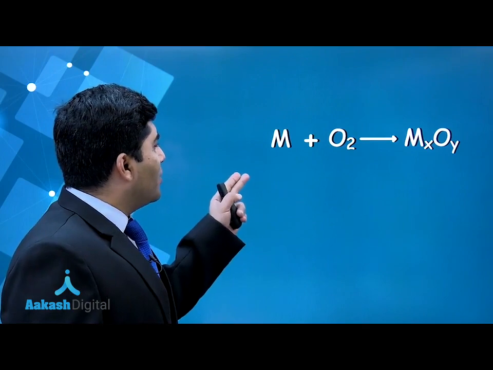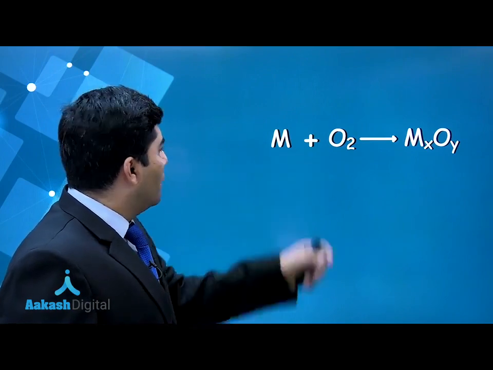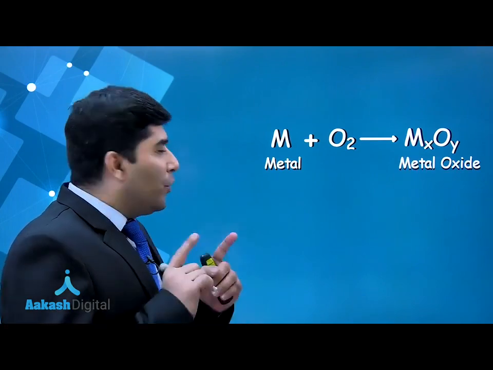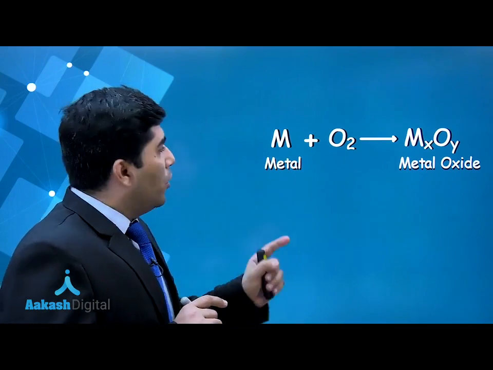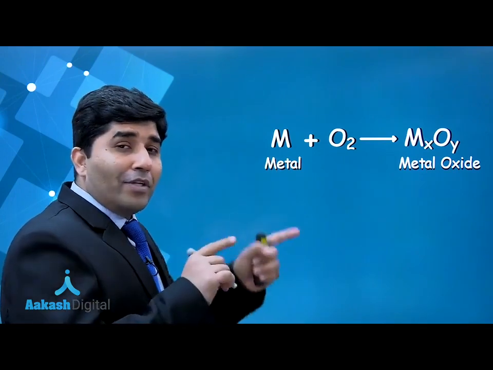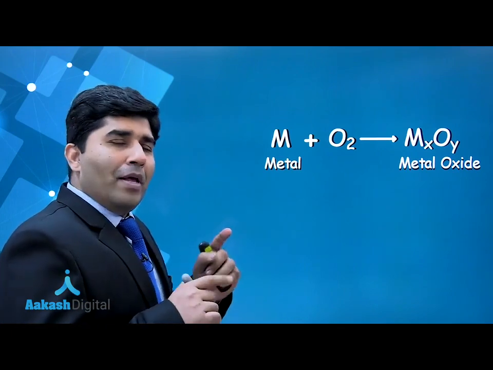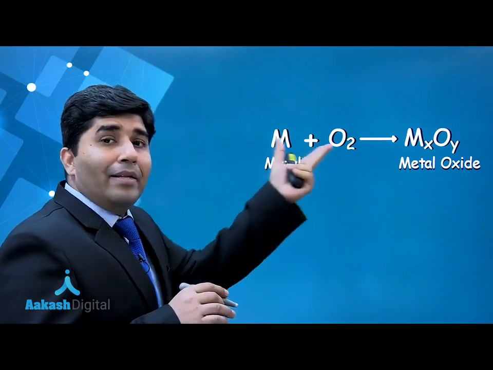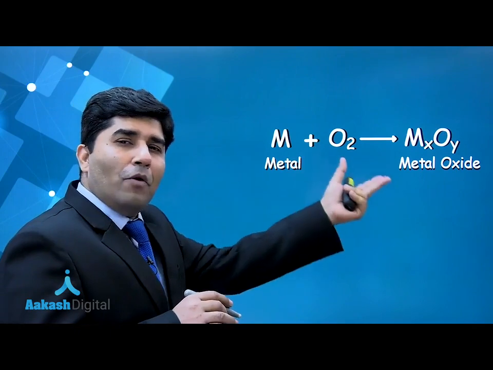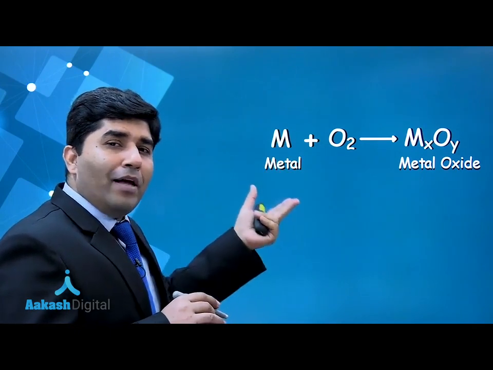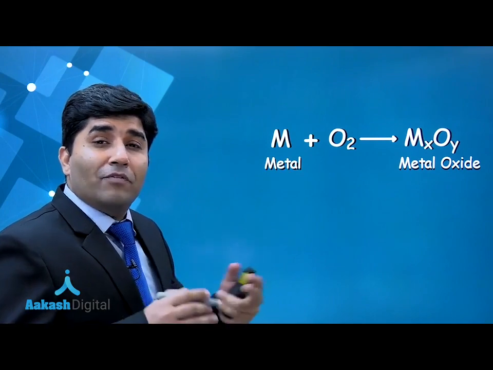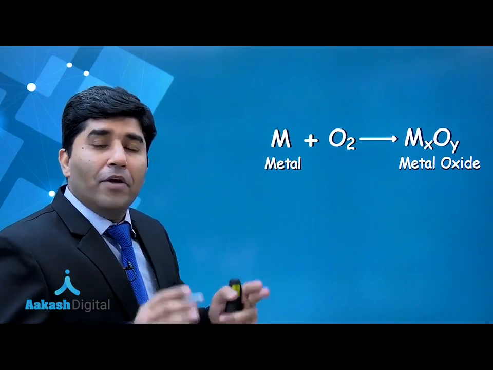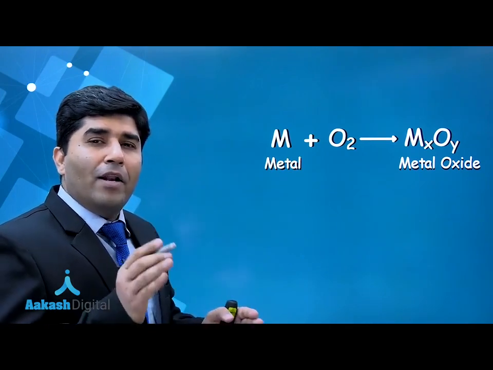Now, in a chemical reaction, M plus O2 gives MxOy. M is a metal and MxOy is a metal oxide. Do you know which metal it is? No. Do you know the formula of the metal oxide? What is the valency of the metal? No. In exams, if we are asked to find the amount of the metal oxide given the amount of the metal, or the amount of the metal given the metal oxide, or the valency of the metal, we can't solve these kinds of questions by simple stoichiometry. We have to take help of the equivalent weight and the law of equivalence.